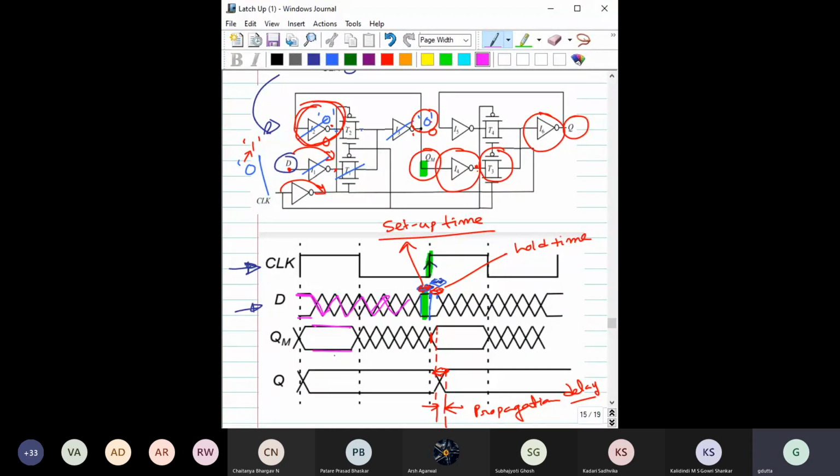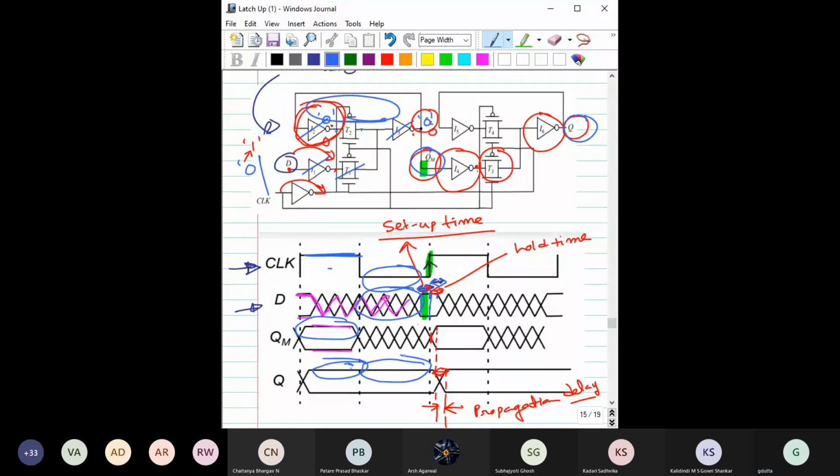Okay. And I hope there is no need to explain this part: during this time, the QM would be stable, because this would be in a hold state. So definitely this is the hold state, and this is not going to change, so this Q is also not going to change. It is going to be stable during this time. Then after that, you can see the data is being changed even during this time. Data has been changed, but you see this output has remained the same, because